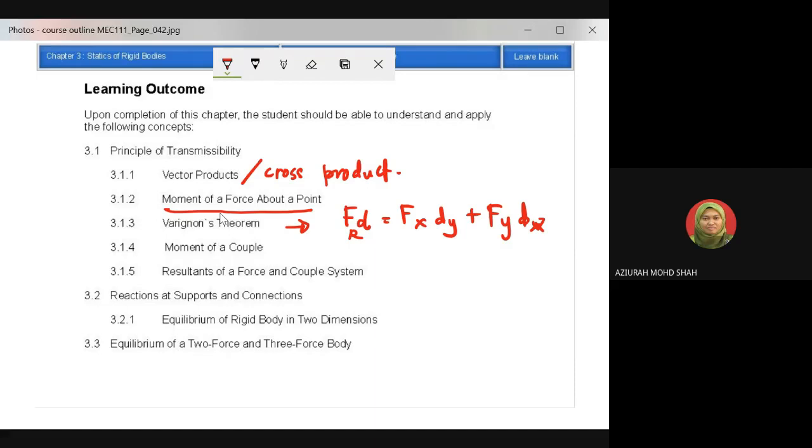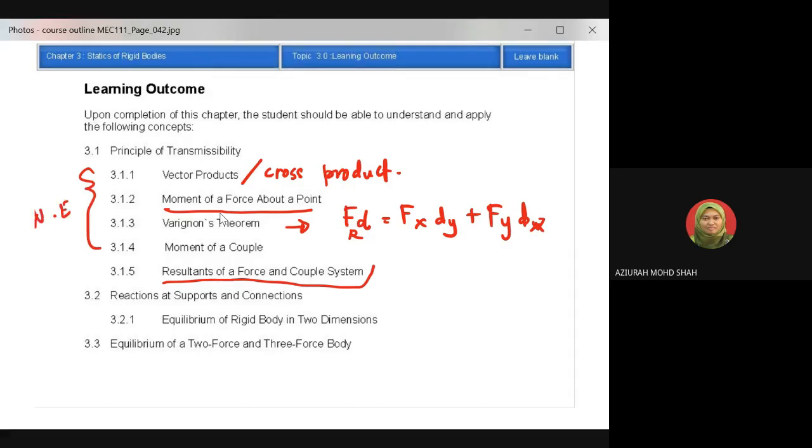Resultant, after that we're going to combine resultant of a force, the one that we have calculated earlier in chapter 2. Dan kita akan couplekan dia dengan moment. Lepas tu kita akan tengok resultant of a force and a couple system. So all these are non-equilibrium. Why? Because kita cari resultant dia. Then nanti bila cerita equilibrium, this one